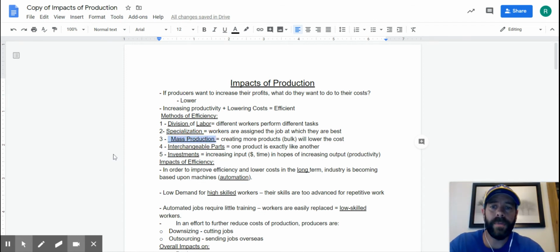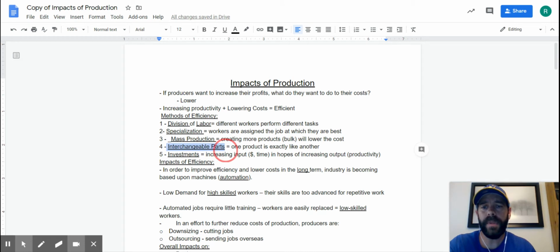The mass production of goods, or what your textbook would refer to as productivity, implies that it's to a producer's advantage to produce in bulk. That if you're producing large quantities, your supply is increased, which means your overall price to consumers would decrease. The interchangeable parts of production imply that each item is going to be exactly alike. That if you have to custom build everything that you do, it's going to slow things down and it's an inefficient use of resources. With that being said, a custom-made item is likely better quality, and therefore you could sell it at a higher price, but again, not too terribly efficient.